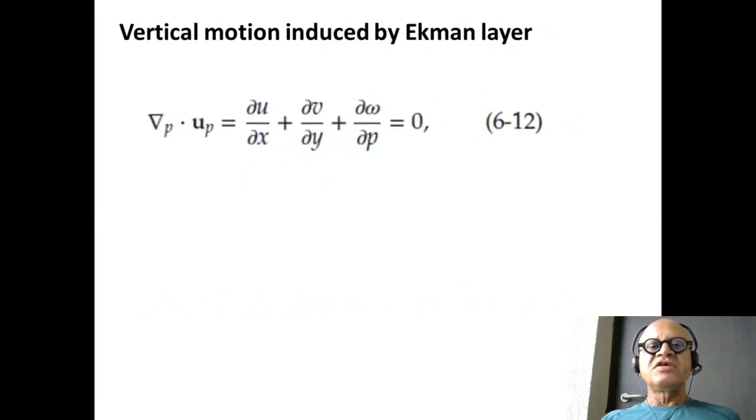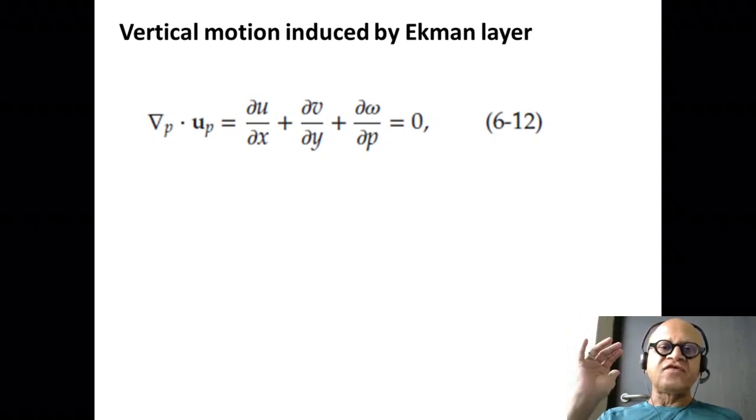So let's look at the vertical motion induced by this Ekman layer delta we defined. The general definition of an Ekman layer is this friction layer over which momentum is being transferred, either from the atmosphere to the ocean or from the land to the atmosphere. So writing again in our